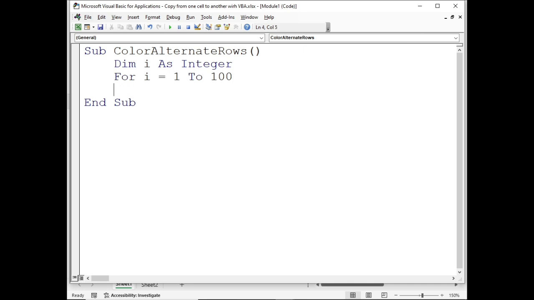Then I'm gonna write If i Mod 2 is equal to 0 Then, enter. Then